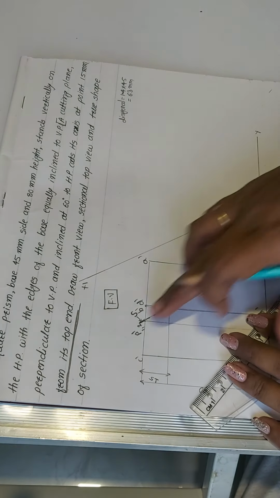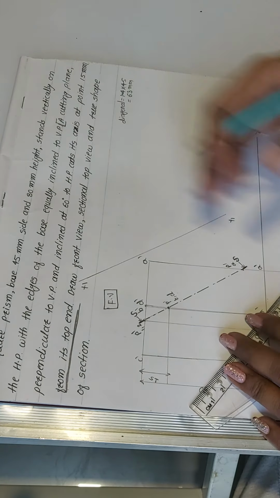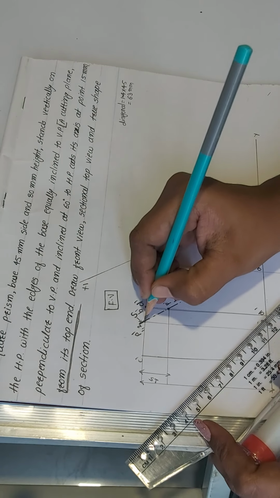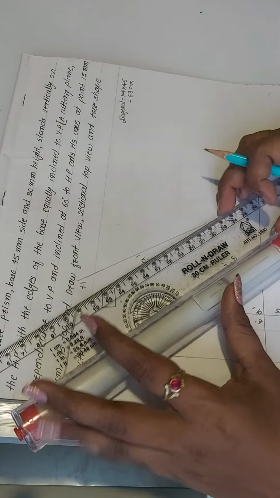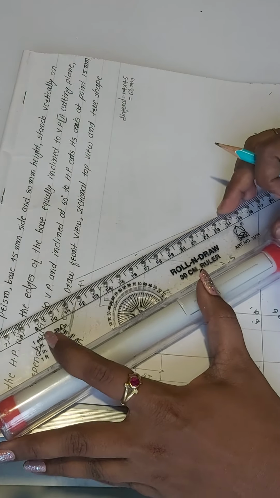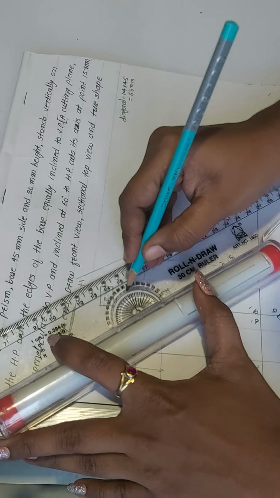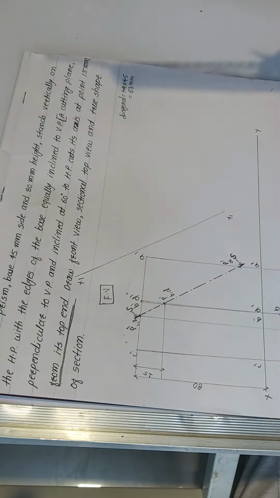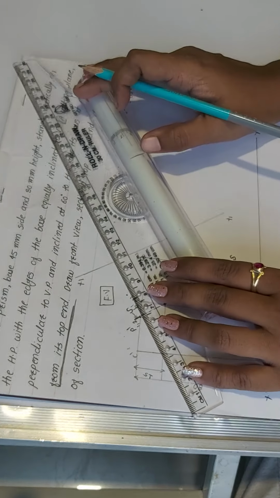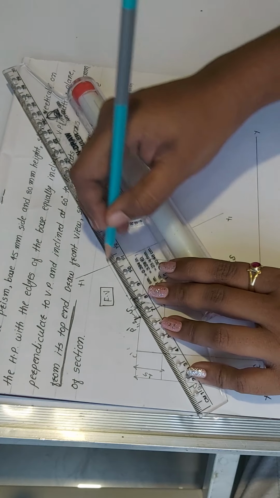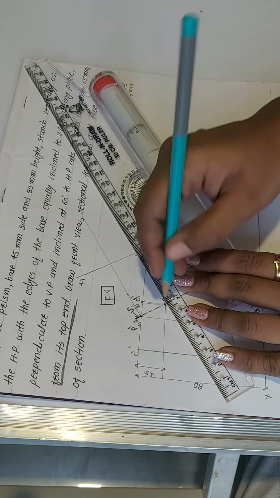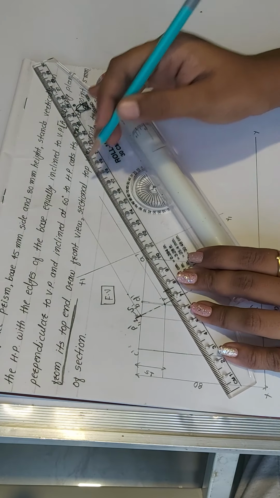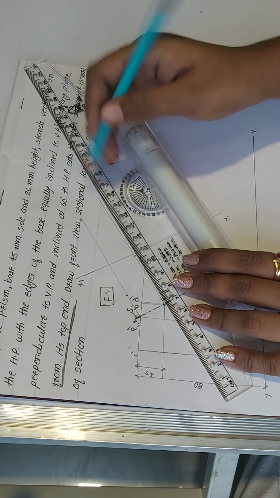Then I am going to transfer this point above the x1 y1 axis. For this, you have to put your angle protector on P dash 1 2 and take an angle of 90 degrees, which is perpendicular to that point. So I have taken a 90 degree angle from P dash 1 2 and transferred one line like this. You have to take reference of that point and transfer the remaining points. Similarly, transfer the remaining points like this.